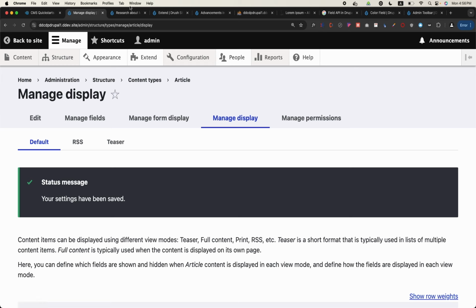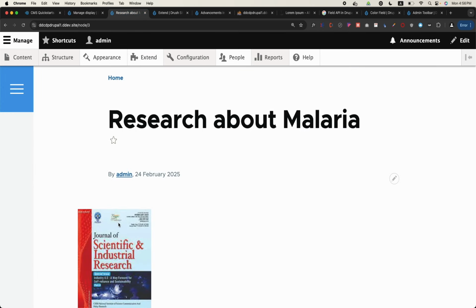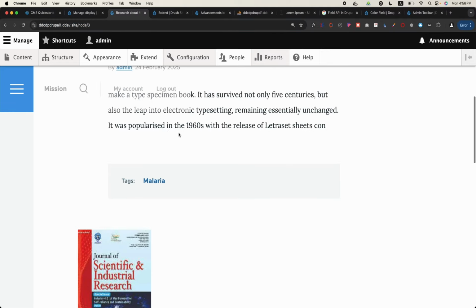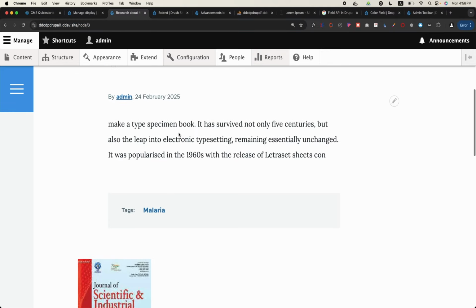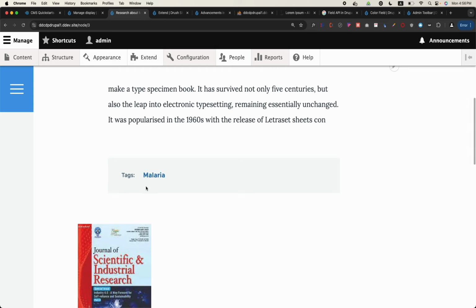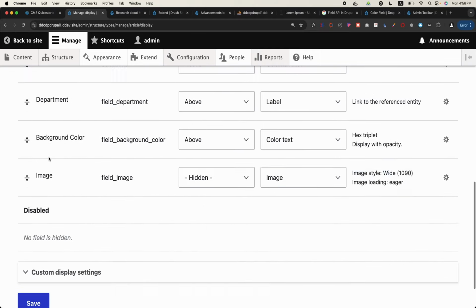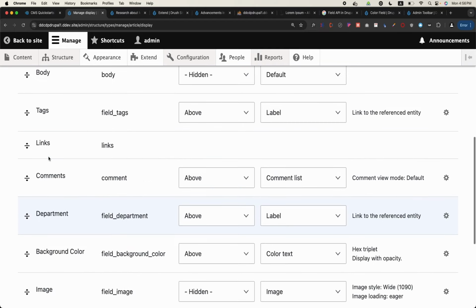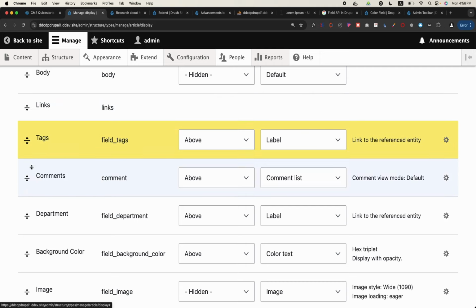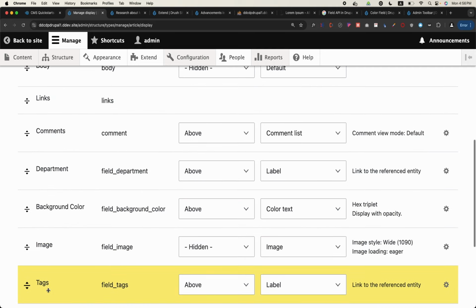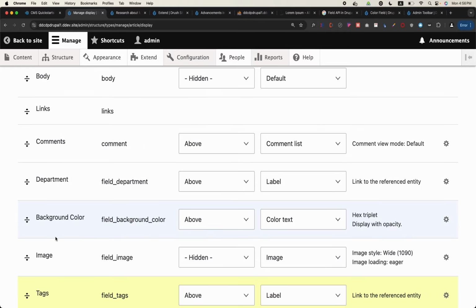If I refresh, the image was in the second spot, so where will it be now? It will be at the last. If I have to move the tags after the image, I'll move it like this, right,